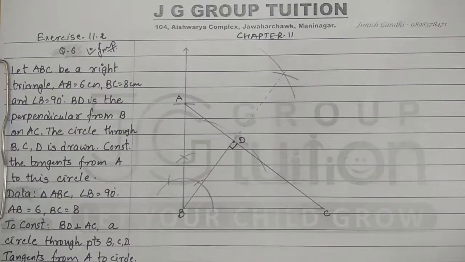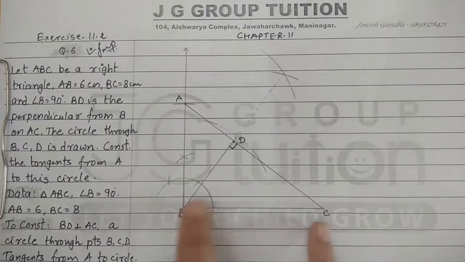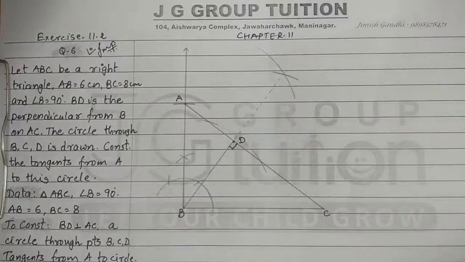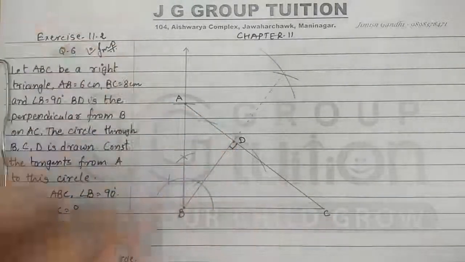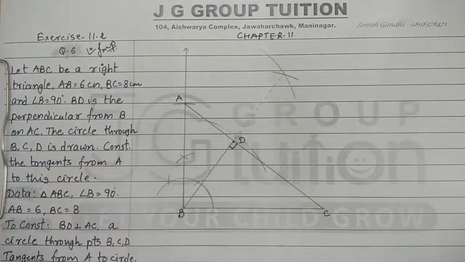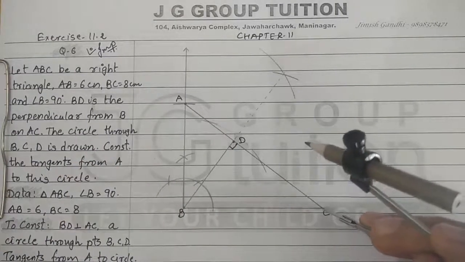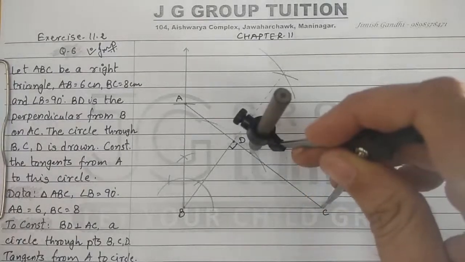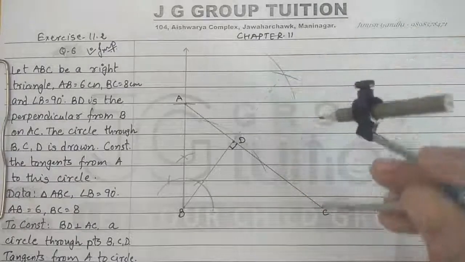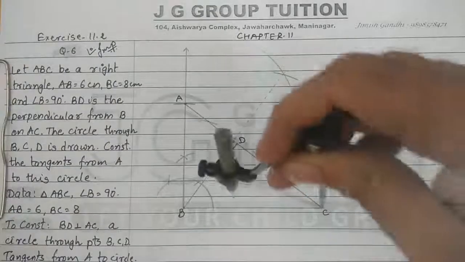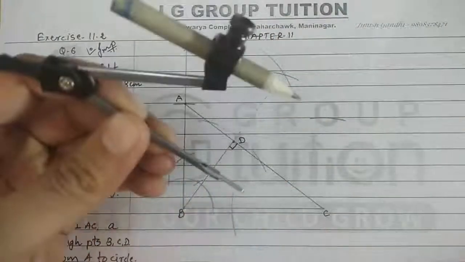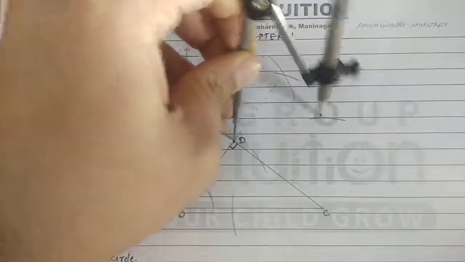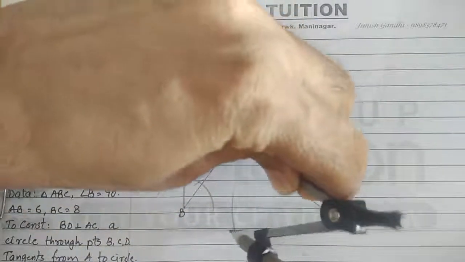क्या करेंगे हम? As we have the 3 line segments BC, CD and BD, तो हम क्या करेंगे? We will draw the bisector of any 2 sides. BC, CD और BD में से कोई भी 2 line segment के हम bisector बना रहे हैं. So let us do that. First I'll construct the bisector of CD. You can see this is the length I have taken more than half. Point C से एक आर्क ऊपर लगा और एक आर्क नीचे. I have the same radius from point D. One arc is here and one is on the side.